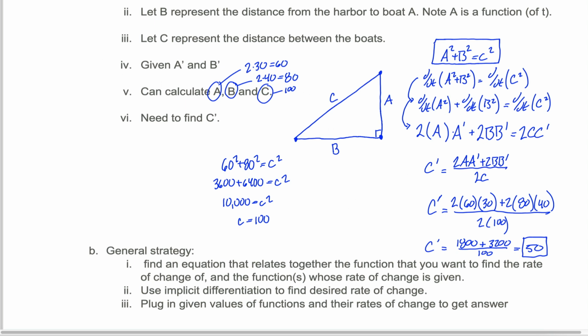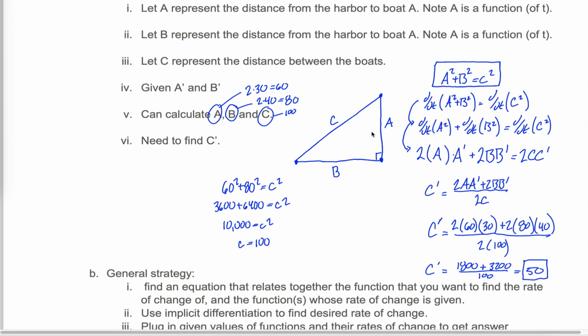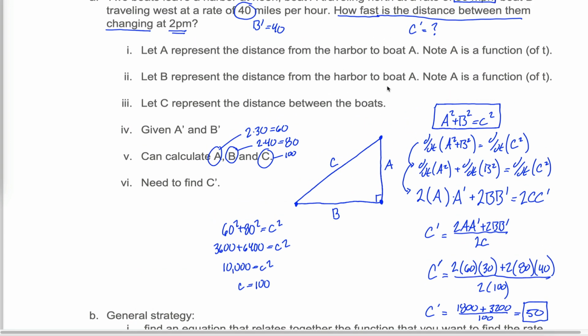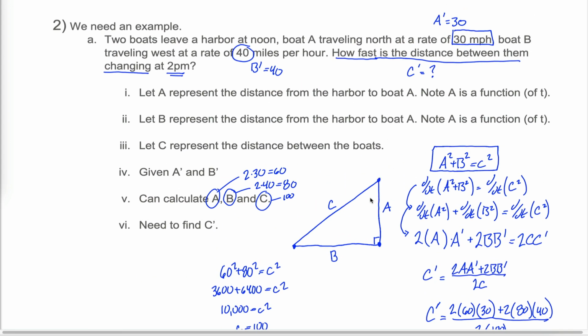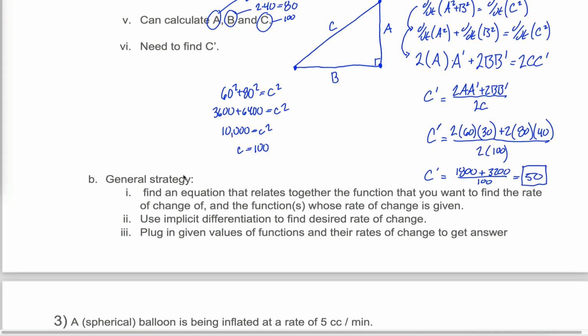When I'm solving these problems, they can often feel like more of a puzzle that I'm trying to figure out than some series of steps that I need to accomplish. But I know that's really challenging from the student perspective, so maybe I can give you some general strategy on how to solve related rates problems. Your first step, which is often the hardest step in the entire problem, is to find an equation that relates together the function that you want to find the rate of change of,